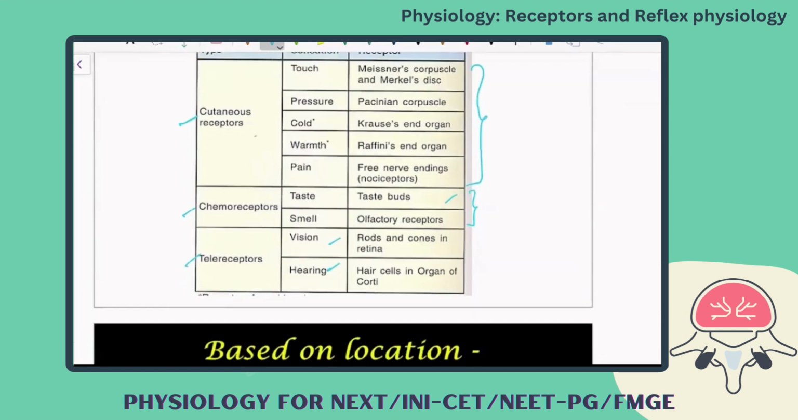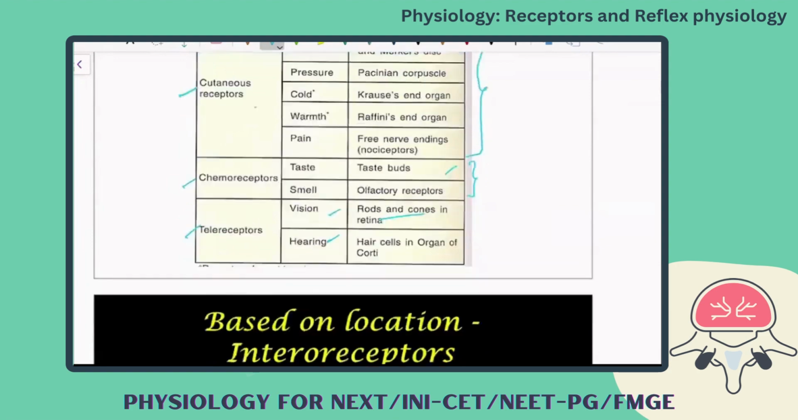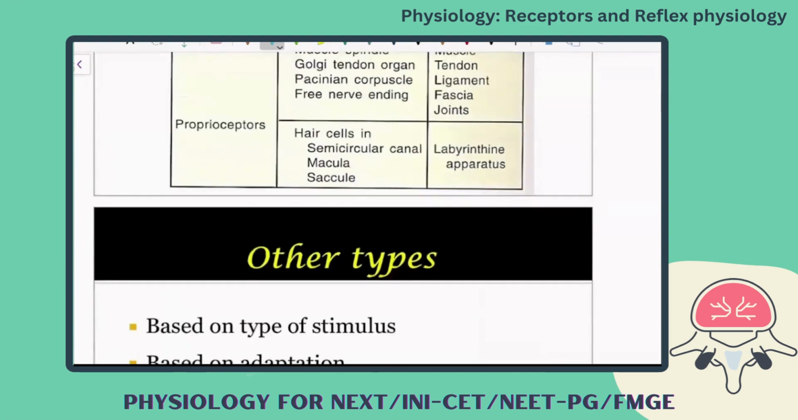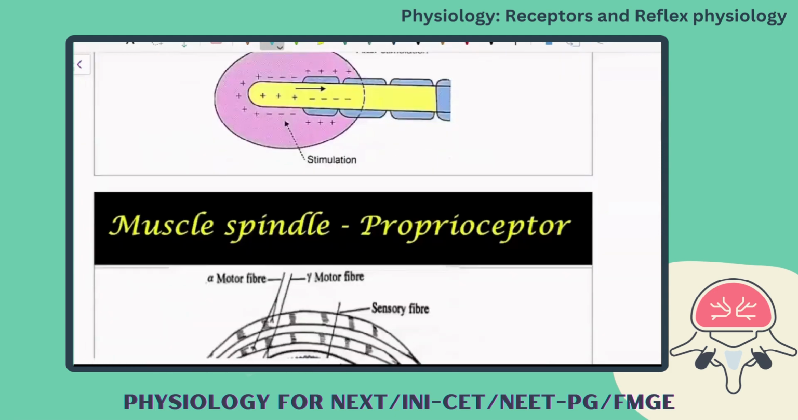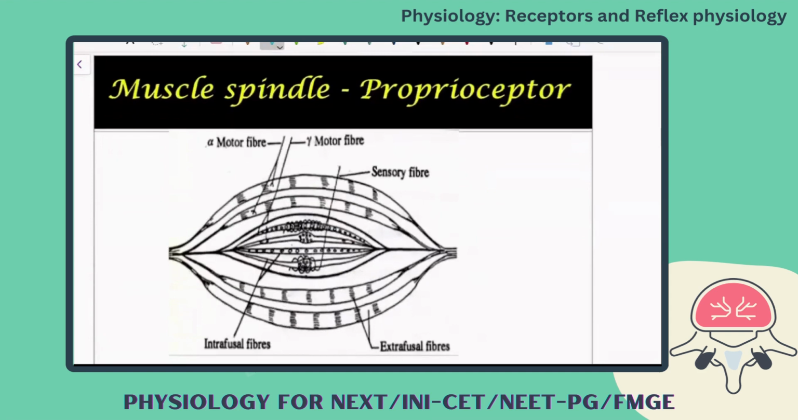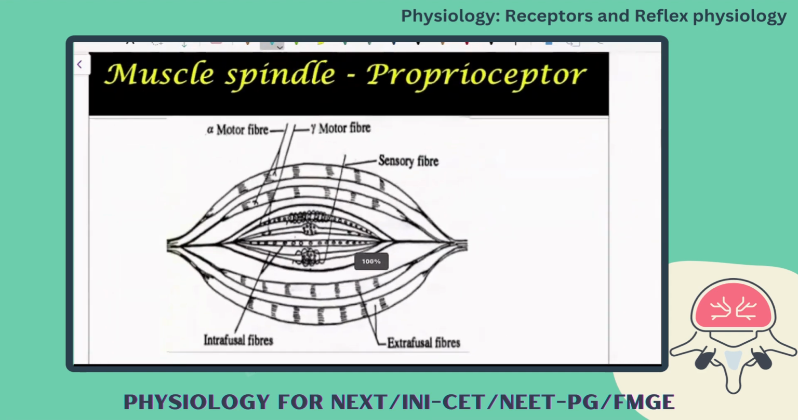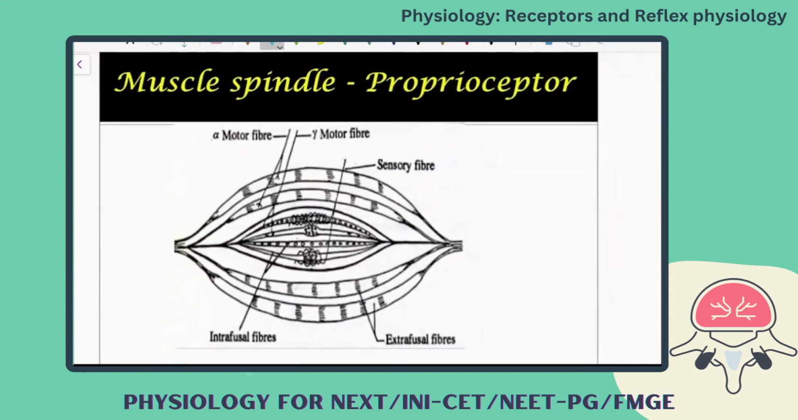The vision receptors are rods and cones, and for hearing, organ of Corti. That is the specific sensory receptors. And there is another category of receptors, you call it the muscle spindle. Where is this muscle spindle present? This is the receptor of what? Muscle spindle is a receptor of